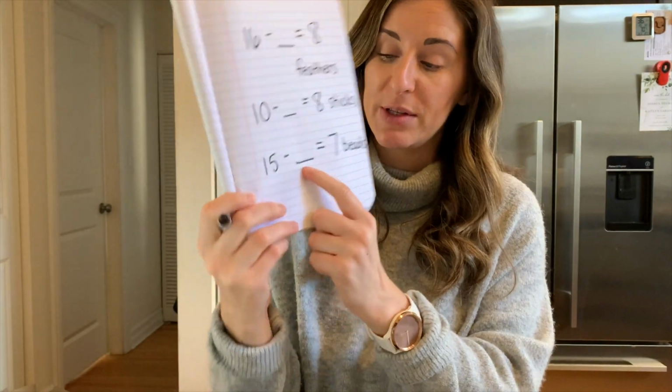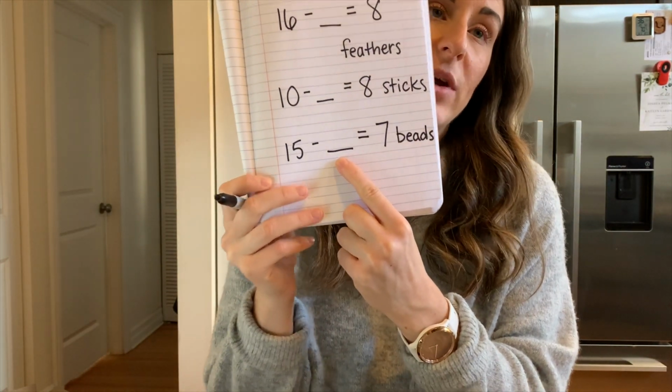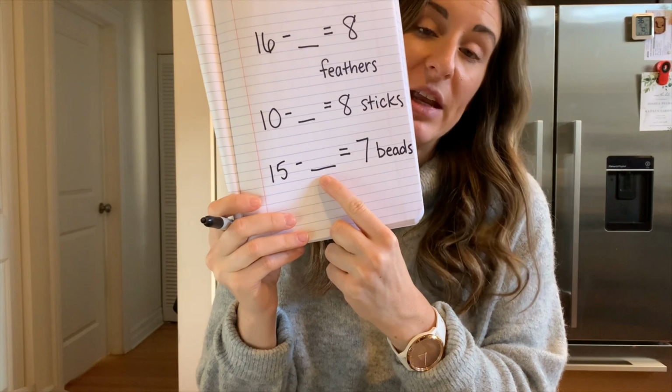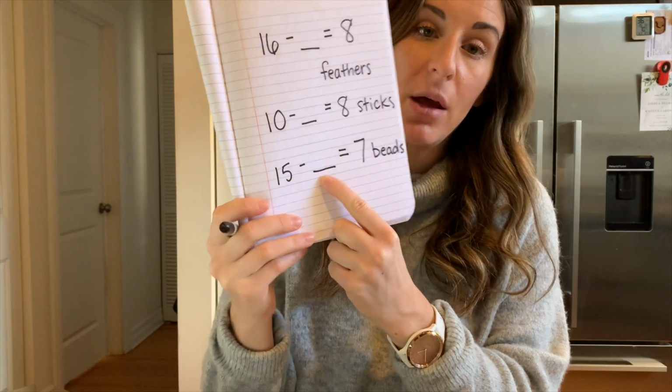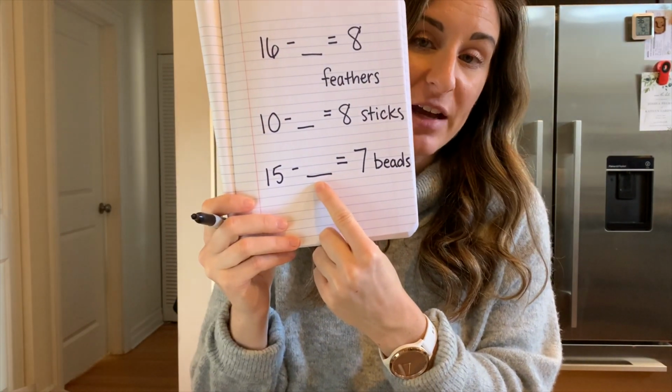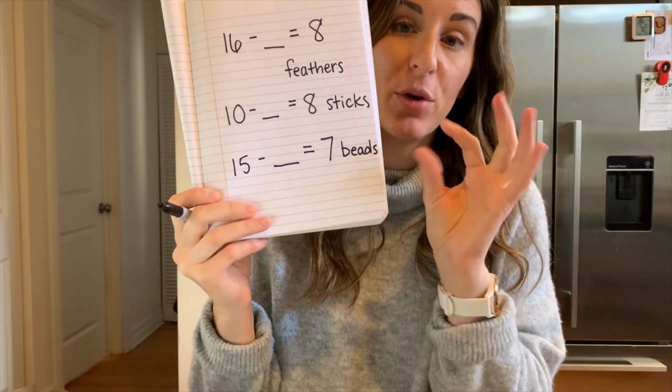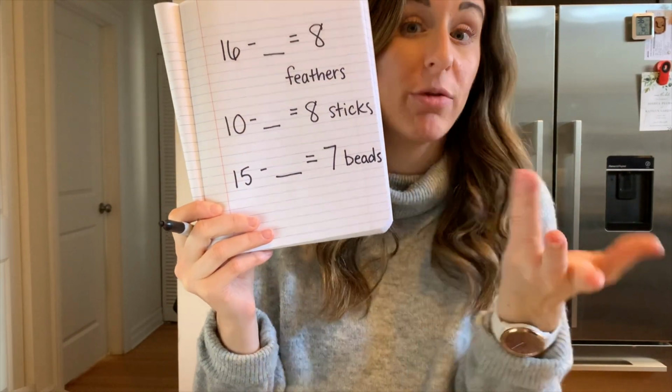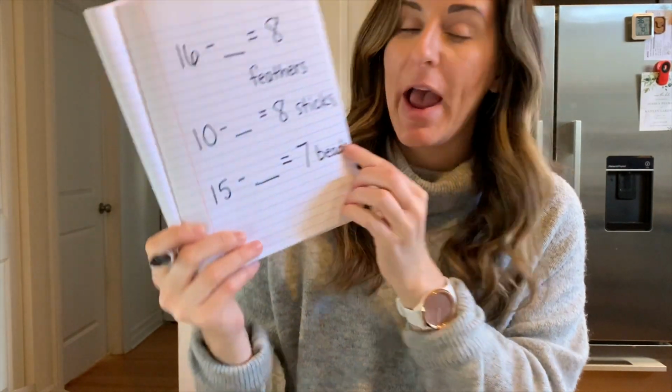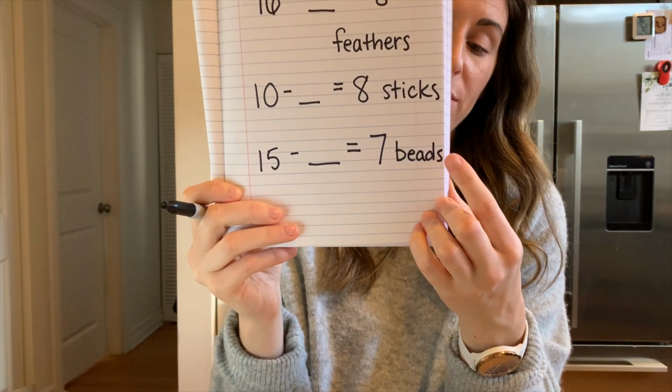So again, we'll use the same strategies. We can use think addition, we can count up, count back, we can pretend like it's in a fact family and flip it around so that we're thinking addition. And we're also going to label with the word that comes from the story, which is beads. All right, after you've solved all 3 of those problems, we are going to flip to the next clean page